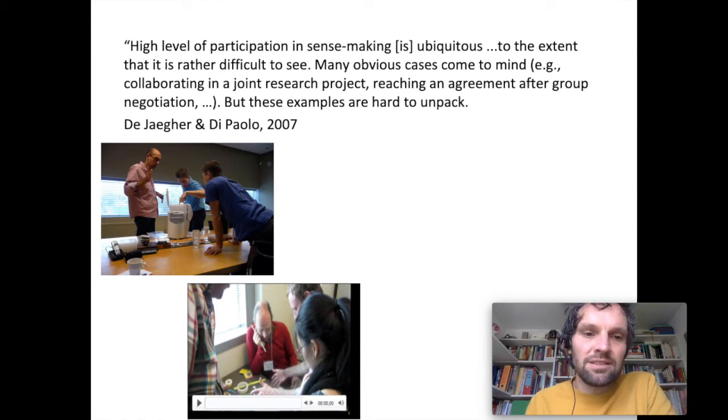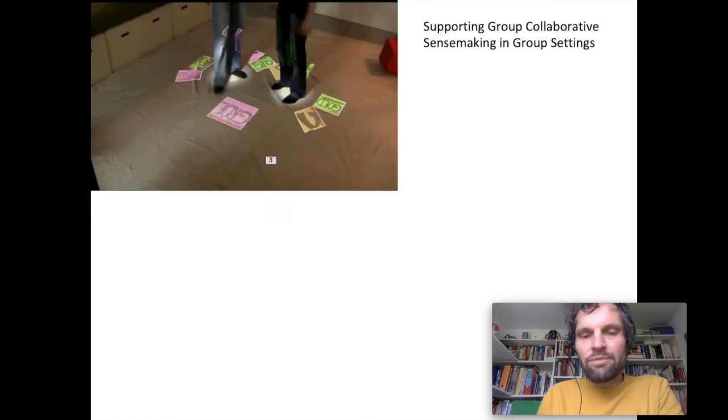And I think in that sense, design research and building tools and then reflecting on them together with the people that you're designing for is a method that could complement more traditional laboratory research in the psychology lab. And we've been doing that. And I want to show you a movie of a study that we did designing an interactive floor that would help in creative group sessions. So it would help participants in a brainstorm meeting to understand each other and to understand the problem as a joint sense-making activity.